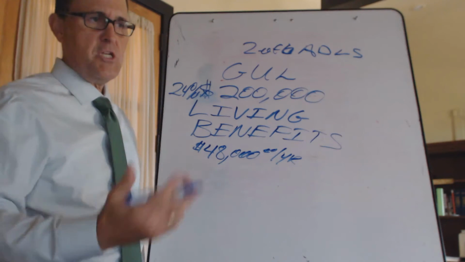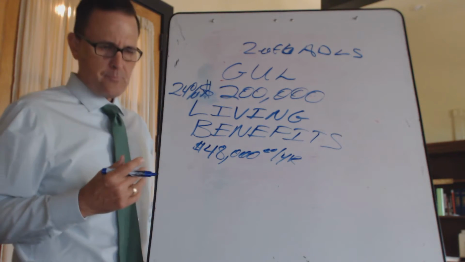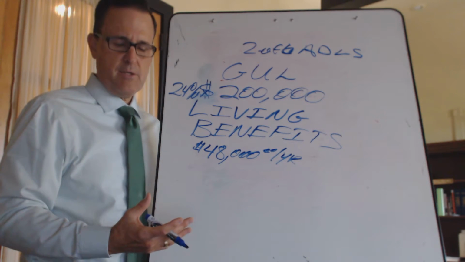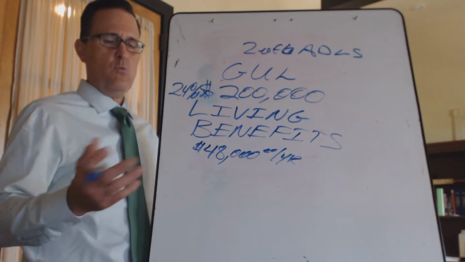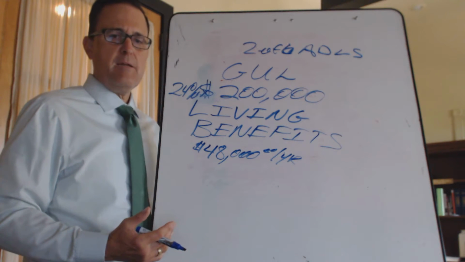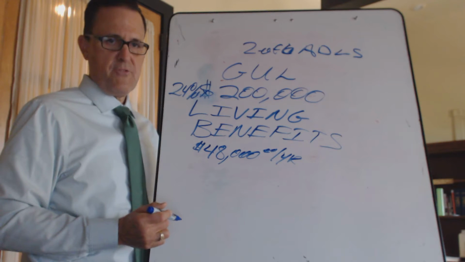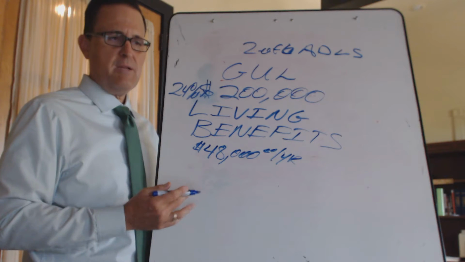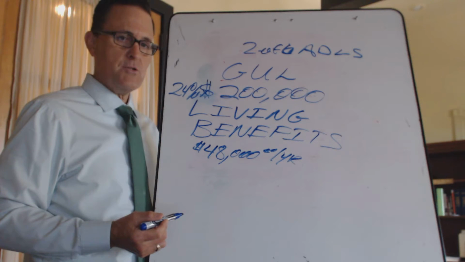So it works like this. Let's say you were in a long-term care facility, or let's say you're receiving care at home, doesn't matter, and you had a $5,000 long-term care bill for whatever period of time. It doesn't matter. It could be a week, a month, 2 months, 3 months, whatever. And you decided, well, I don't want to pay that out of pocket. I don't want to pay that out of my assets. I want my life insurance policy to pay for that. It's real simple. Complete the form for the insurance company, fax it, mail it, email it, whatever. They're going to send you a check for $5,000.